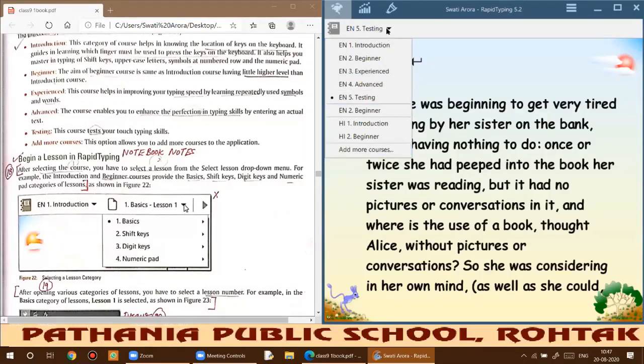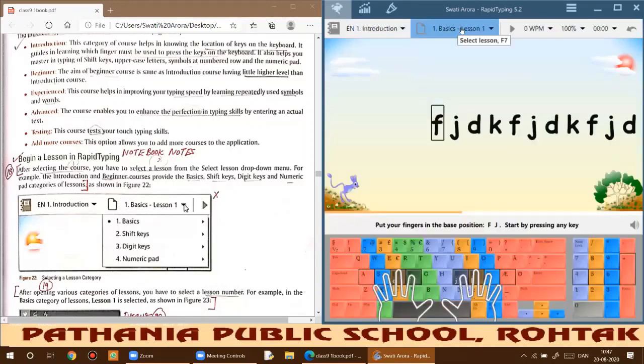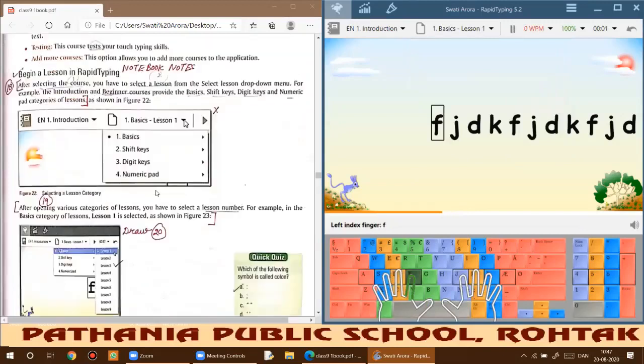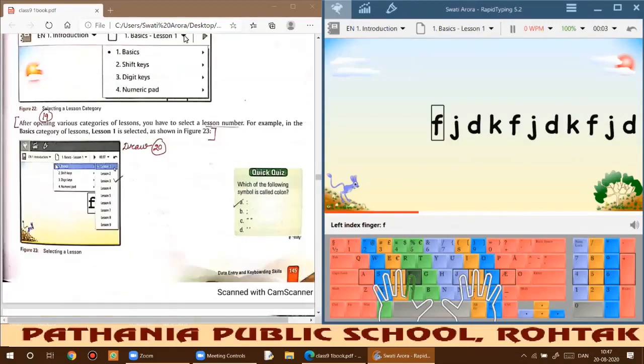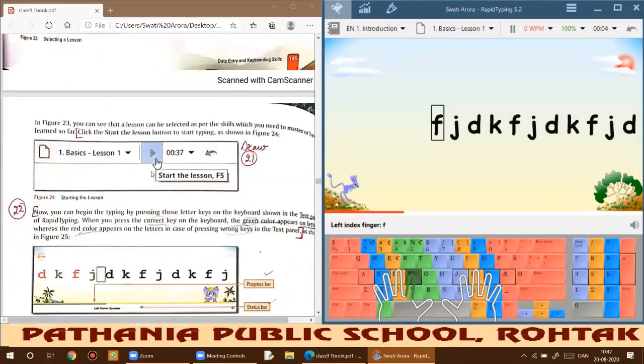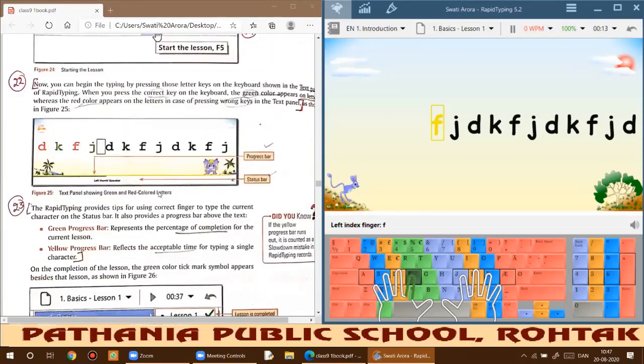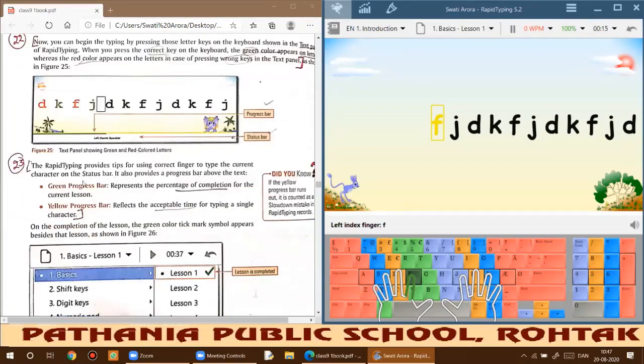And in every course we have different lessons. Like this lesson is there. We can pick different lessons from here by selecting that particular lesson number. Next is beta, which I have already told you. Next are these pull-down menus, and we have already discussed what different things they offer. Now these bars I was discussing, the green progress bar and the yellow progress bar.